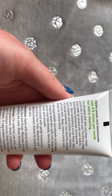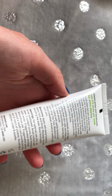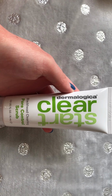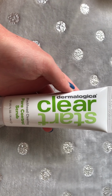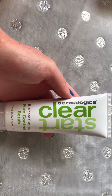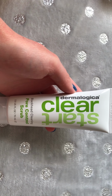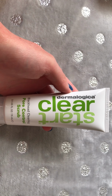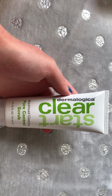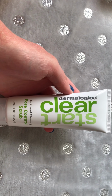Purifying bentonite clay absorbs excess oil from the skin. Deep cleans pores and helps to control shine. This is really, really nice. It has very fine exfoliating beads in it, but even though the exfoliating beads are so small, this is a pretty deep exfoliant. It's kind of hard for me to describe because most of the time very exfoliating scrubs have very big exfoliating beads in them, but this one defies that rule, if that even makes sense to you. The exfoliating beads are tiny, but when you use this, it gets all the junk off your